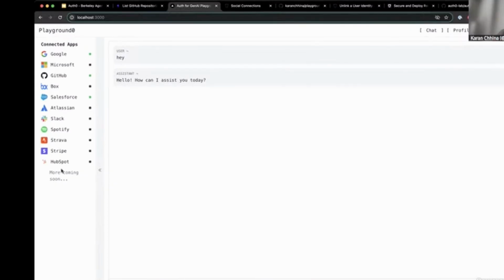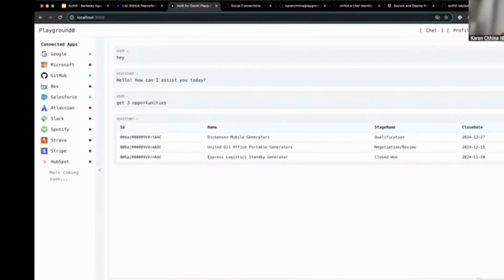Now on the left side, you can see that I have a lot of connected apps. Some of them are connected, some of them are not. What I've done here is link these third-party apps, using Auth0, to this agentic app that we're in right now, Playground Zero. So as an example, I can ask questions like, get 3 opportunities from Salesforce. And it'll leverage the token that Auth0 has managed on behalf of the user, on behalf of me. This app will get an access token from Auth0